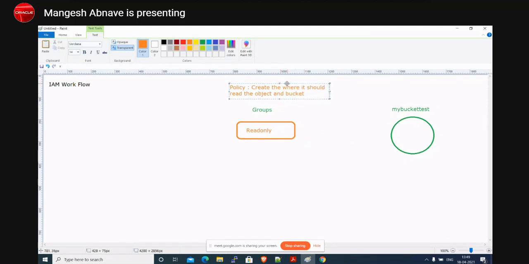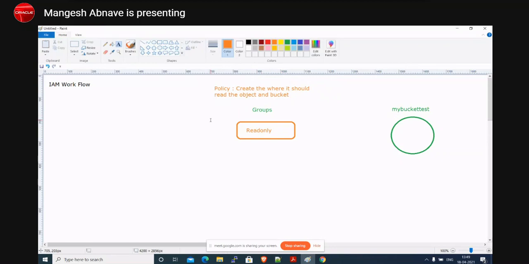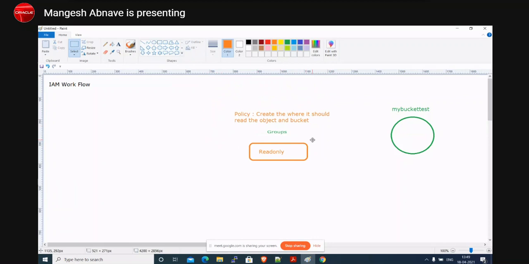So this is the policy which I am supposed to create with the help of a JSON document, or, as I told you, there is another method. If you are very good at JSON, you can refer to the complete API reference guide for IAM. That will tell you the complete parameters which you can use to create a JSON document. Correct? But this particular policy we are creating in the simplest format, so we can do it in a graphical way. I will tell you one more interesting fact about it. So this is the second thing.